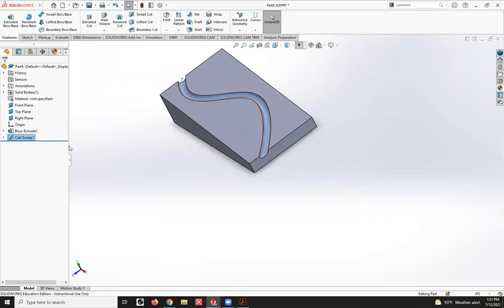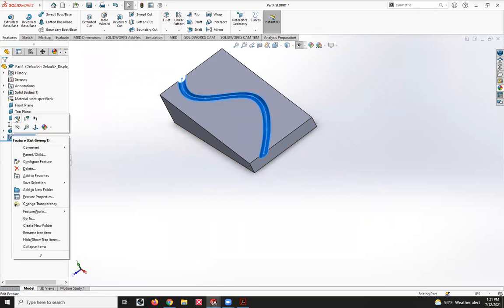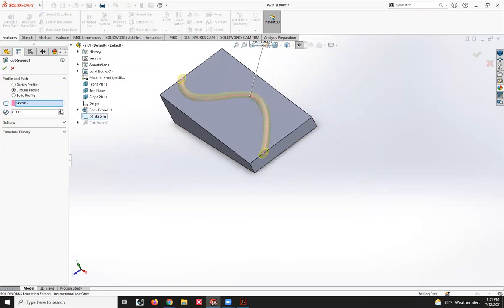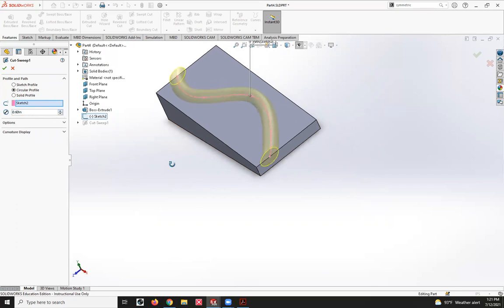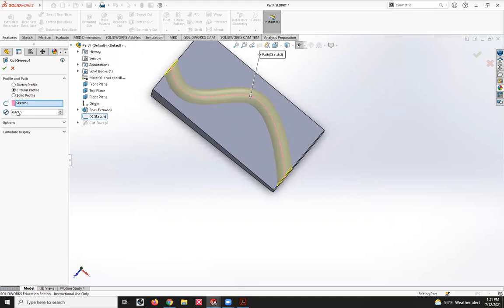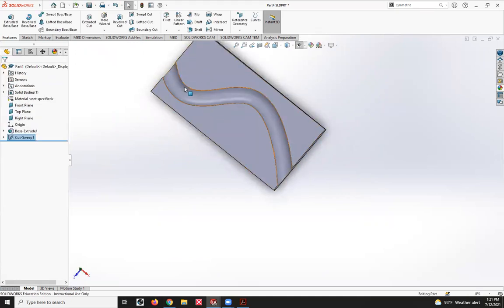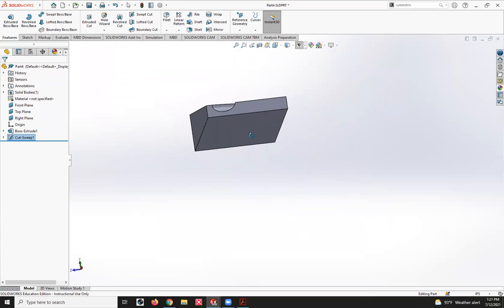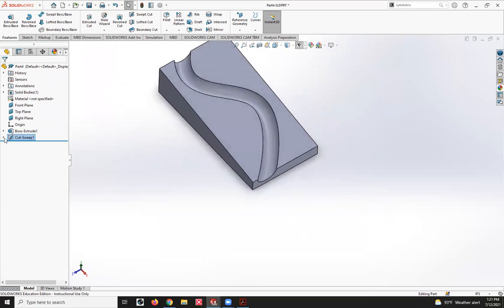Let's view this from a different angle so I can show you some of the different things that'll happen when you mess around with the settings here. Make it a little bit bigger. Okay. Notice how, if viewed from the top, this is 0.6 inches in diameter. So from here to here is 0.6 inches. But if I look at it from the side, it looks a little bit wider than 0.6 inches. And that's because of a setting we've got